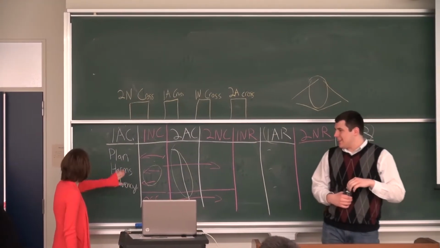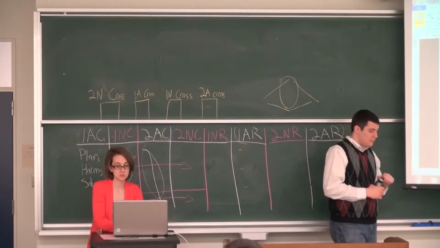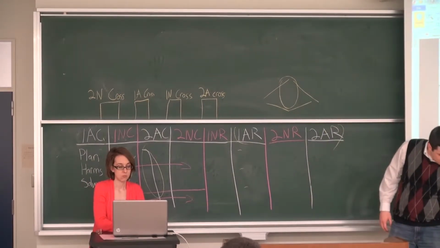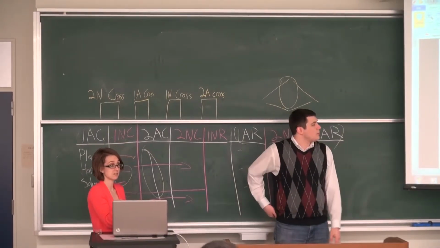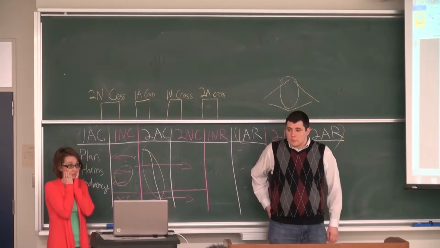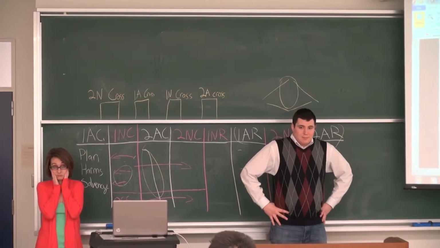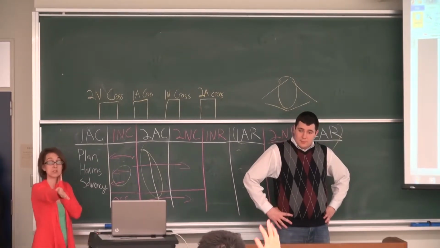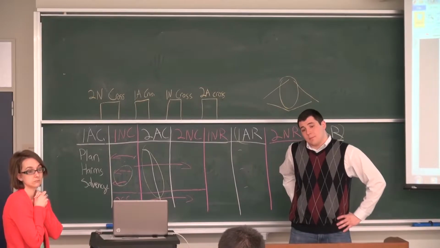You would read the off-case arguments, which are the disadvantages. Okay? Does this make sense? At least a little bit. Again, it will make more sense when we do the round. Yes? So in first negative speech,